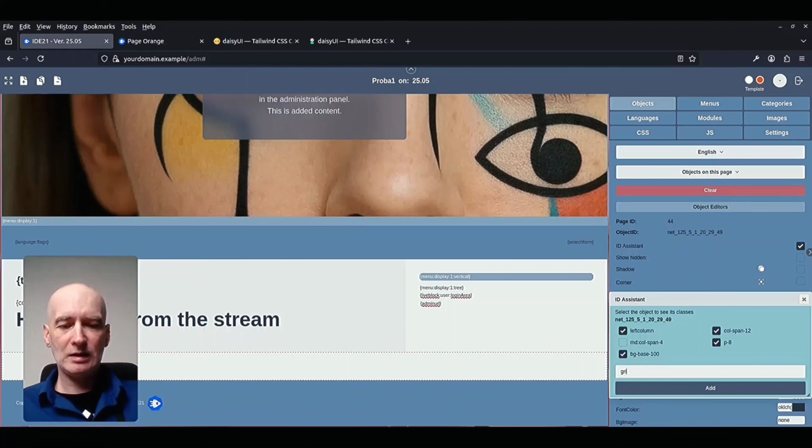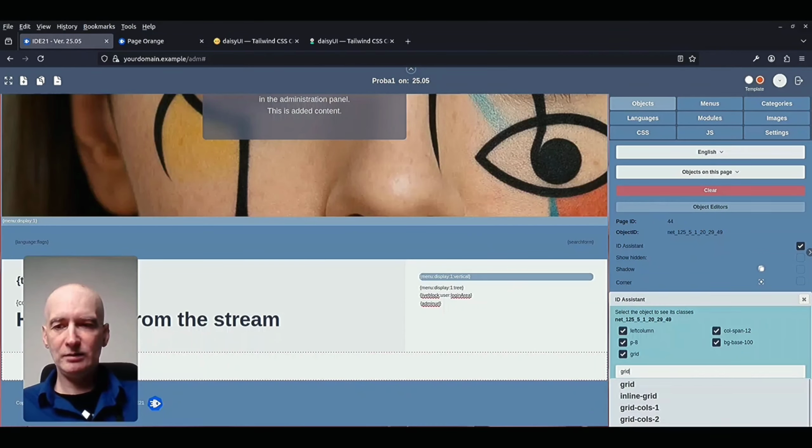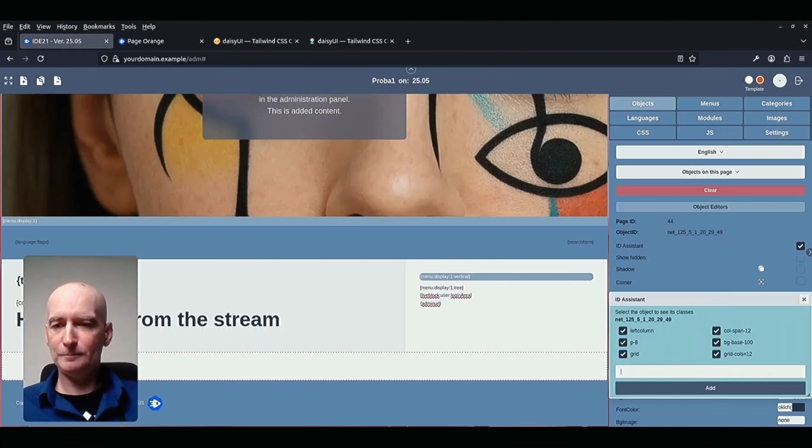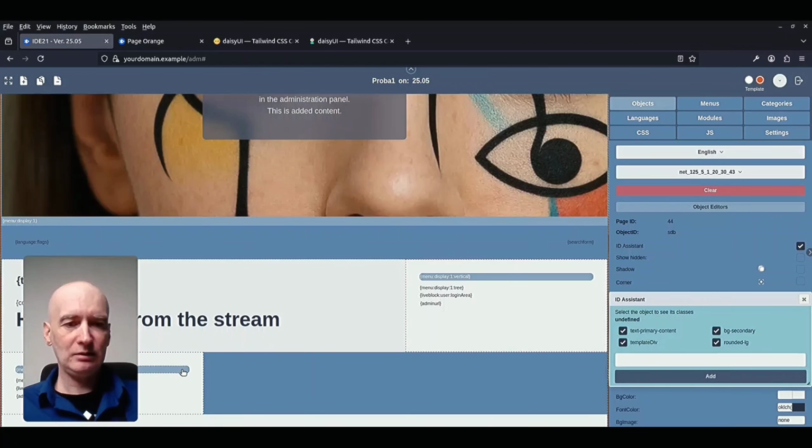Let's do this grid, and grid cols 12, and after this I will duplicate another object, so remove the unwanted element from it,